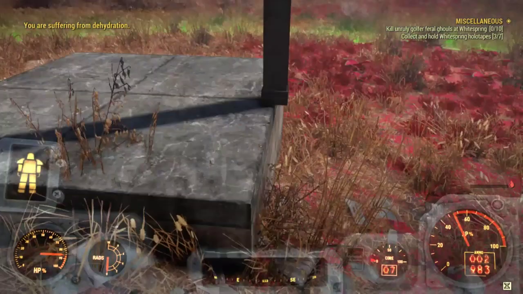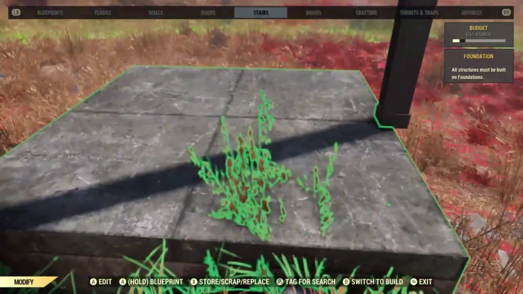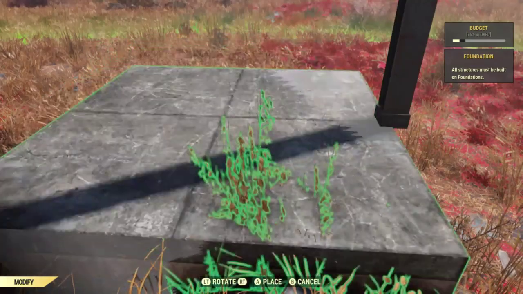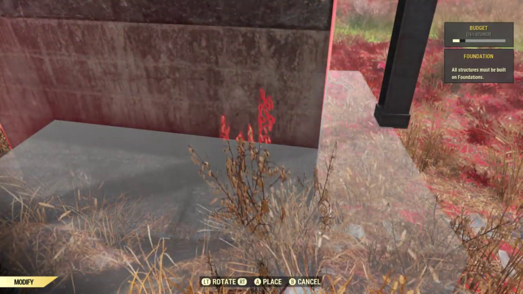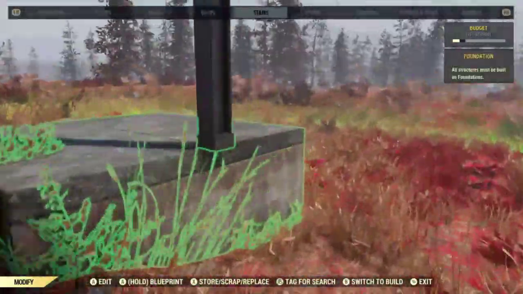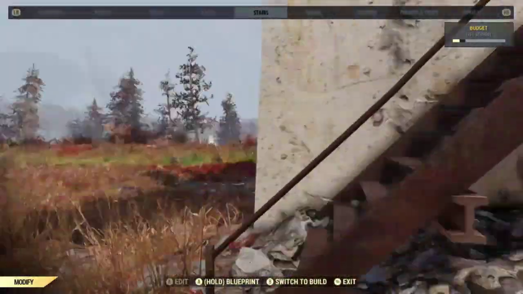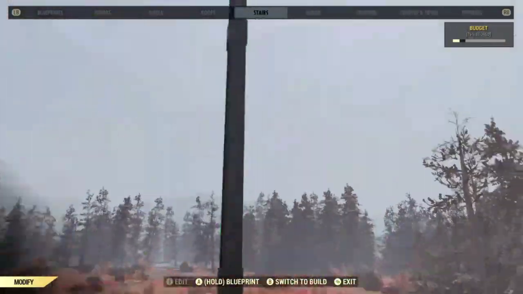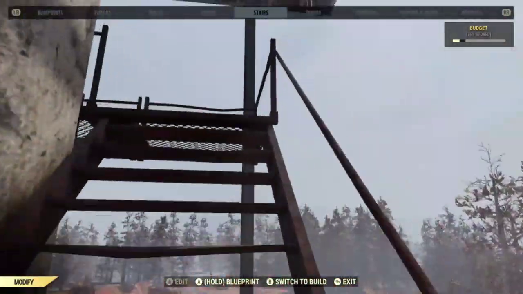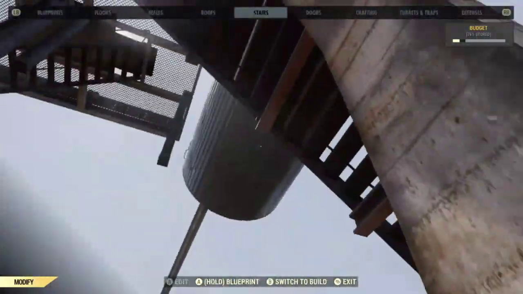Alright, re-enter build mode. So what I did was just hold the A button and then use the sticks and the rotate and all that good stuff, and RB, LB to move it around into the perfect position. Then just start building poles straight up. And you'll have to come up the steps and start placing them as you go up the steps, and you'll have to shift them away from you once you get up here, because the next set of steps you're not going to be able to place anything like that